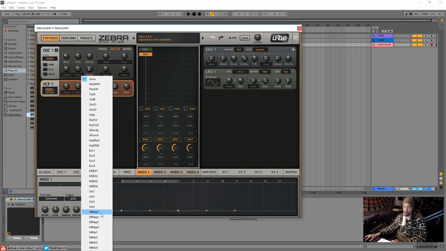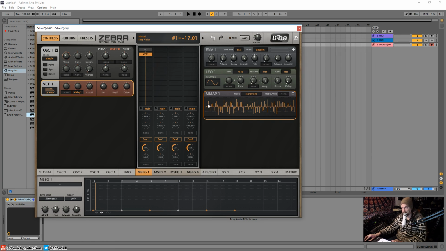We have MMAP. They made 4 of them. So this is the MMAP, and each one of these bins is a value. If you notice, every time I hit a note, it sequentially moves over. So if I increase the modulation depth slightly, or a lotly, let's see what it sounds like. That will make the filter cutoff open a little bit more, close a little bit more,